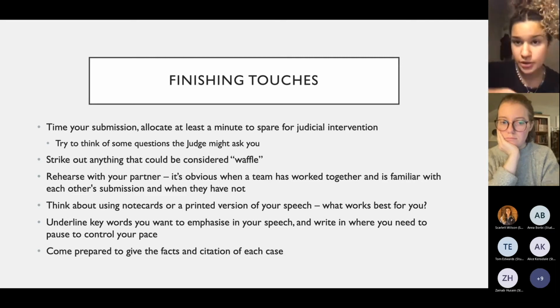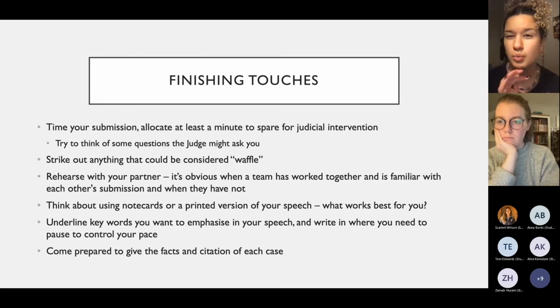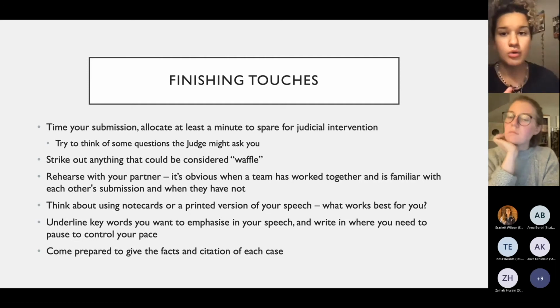So yeah, I would do that. Also, what I would consider when choosing where to pause is that the judge is going to ask you judicial intervention, and it might be a good idea to subtly preempt where they might ask you things. And what I really mean by that is, whenever I'm sitting in the court and I'm judging a moot and